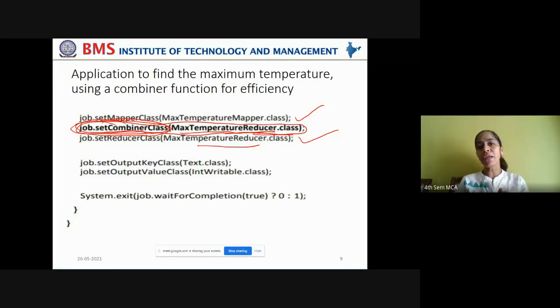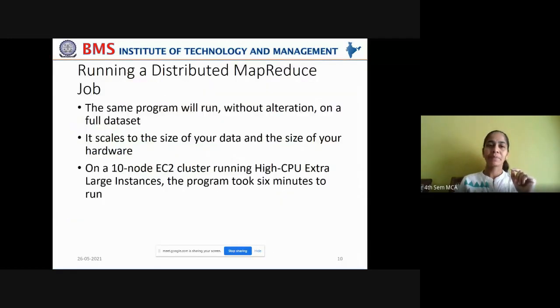You can bring down the execution time. But remember what kind of aggregate function you are using in the reducer phase to consolidate the output. Whether that is compatible enough with the combiner phase, you have to think a moment before introducing this combiner function.